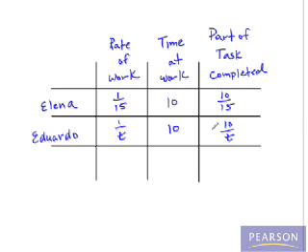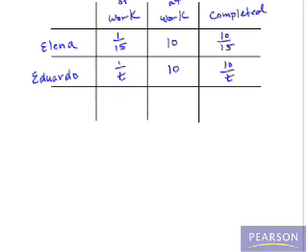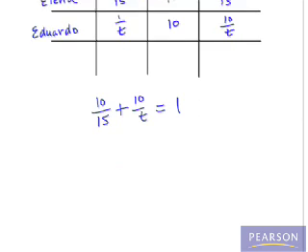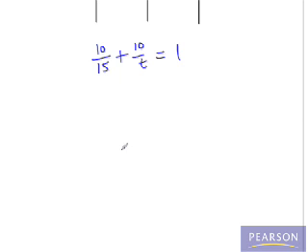So when we add these two fractions together, 10 over 15 plus 10 over T, those must add up to equal the entire job, or one job. And now we'll go ahead and solve this equation for T. We'll multiply both sides by a common denominator. The lowest common denominator will be 15T, so we're going to multiply the whole left side and right side of